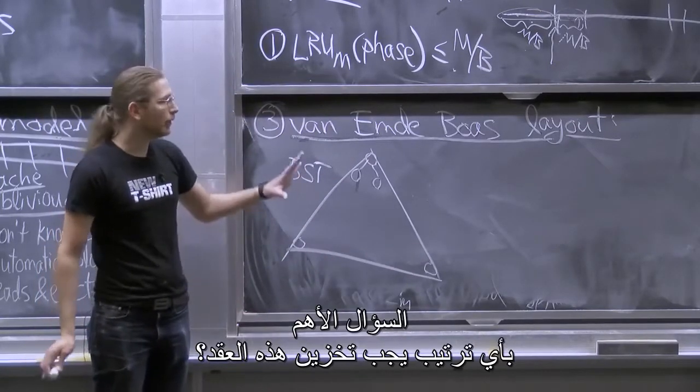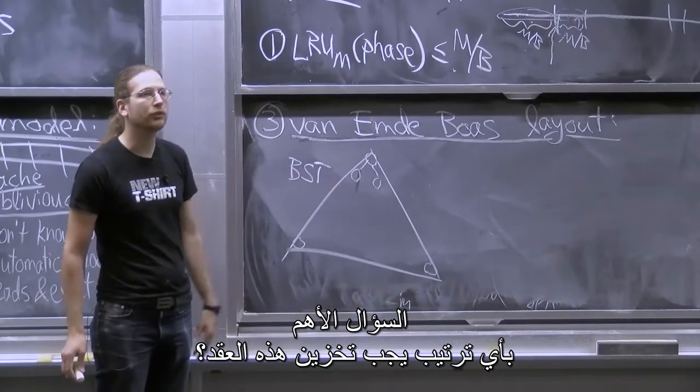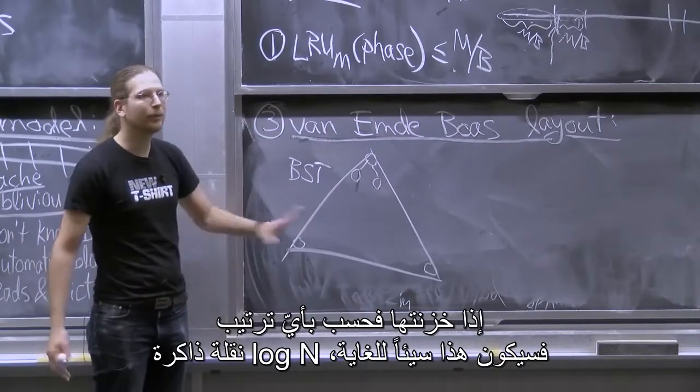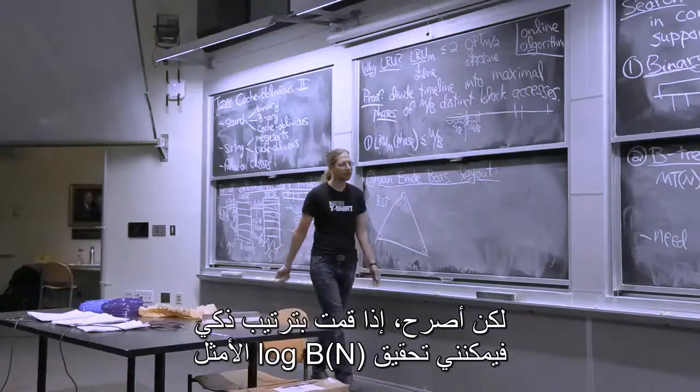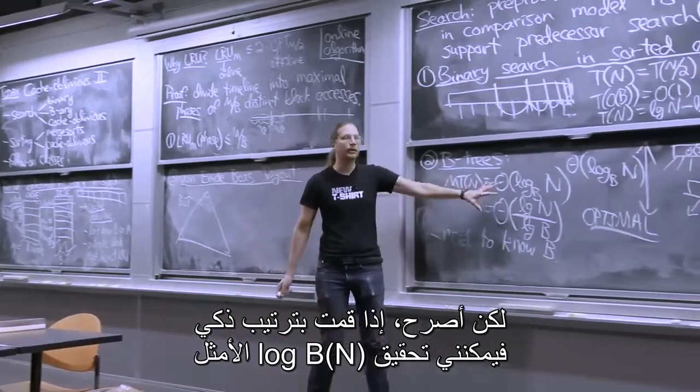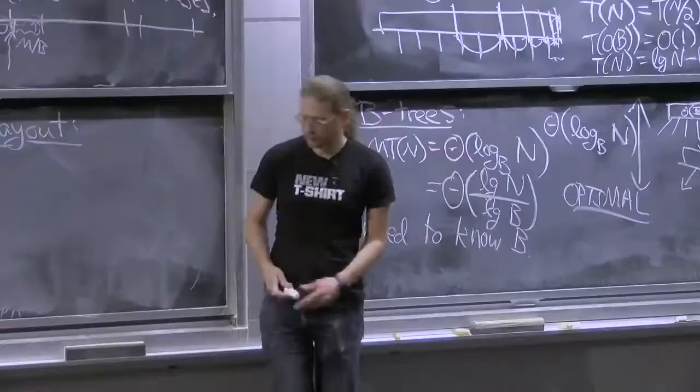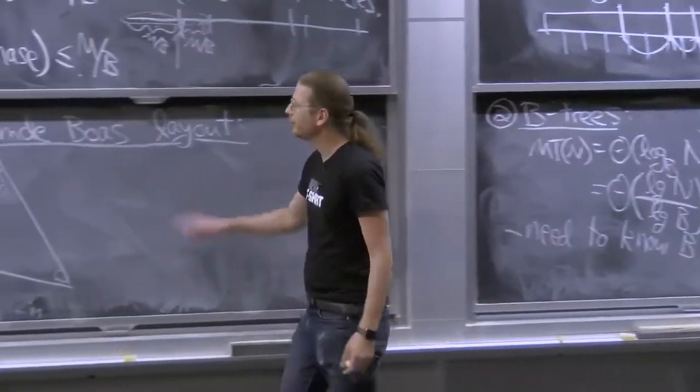The big question is, in what order should I store these nodes? If I just store them in a random order, this is going to be super bad, log n memory transfers. But I claim if I do a clever order, I can achieve log base B of n, which is optimal. So van Emde Boas